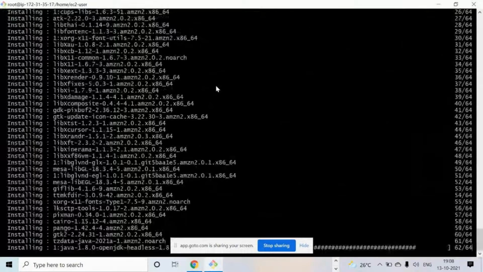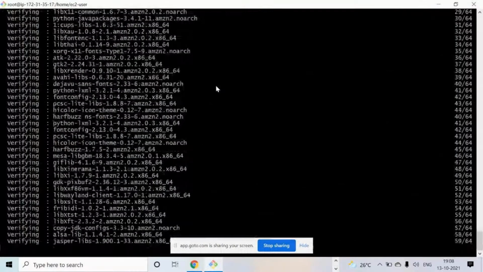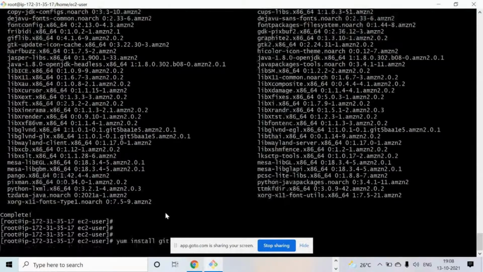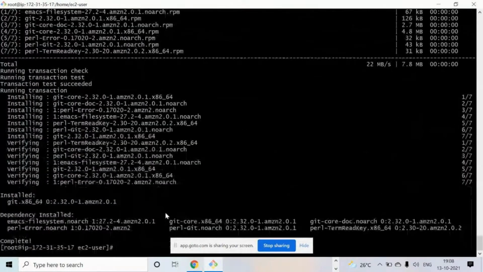So after Java, you will be installing the Tomcat also, right? No, no, I'm installing Jenkins right now, again. So for Jenkins, you have to install Git also, because it will pull the repositories. Why are you reinstalling Jenkins instead of Tomcat?